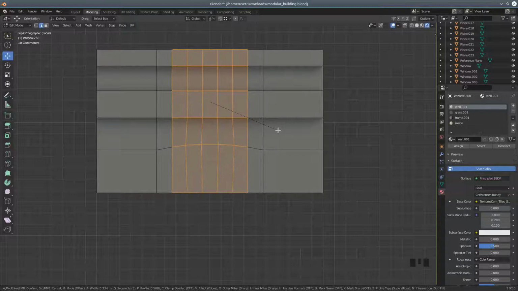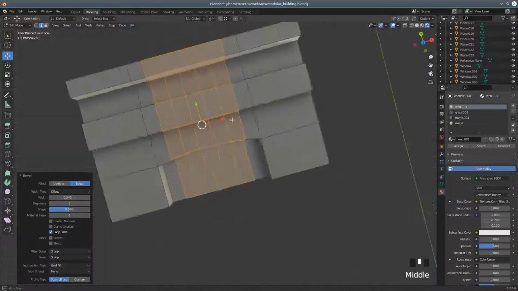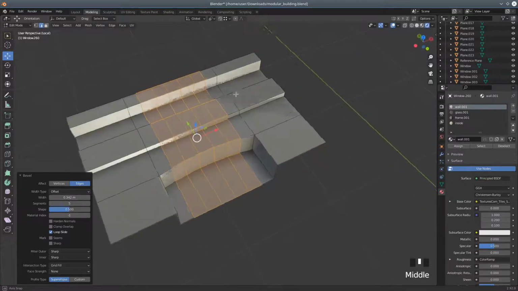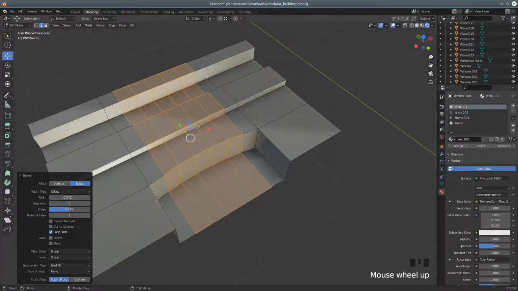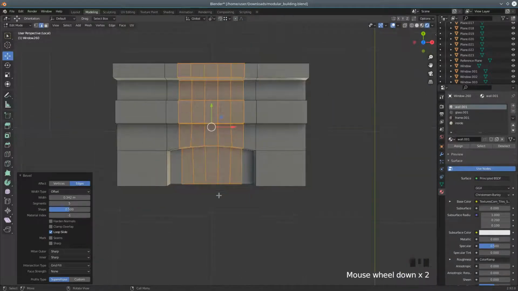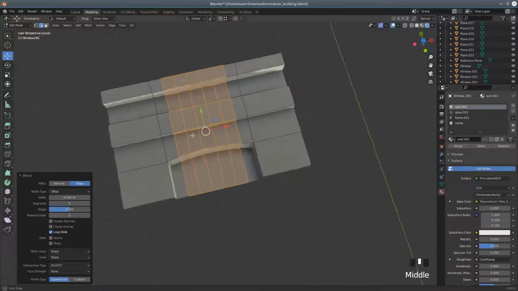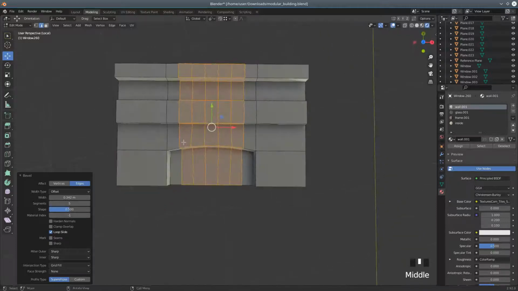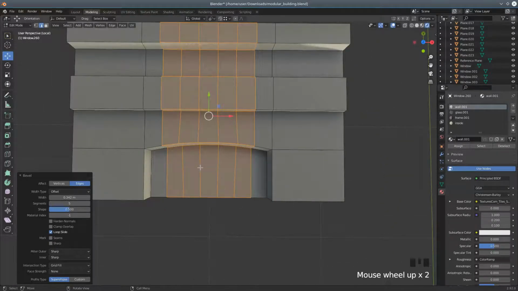And I'm going to try and make it look roughly even. So I'm going to go for something like that. Okay. Now what we can do is, just debating if that's a bit too big. It might be, but we can deal with that later. Now